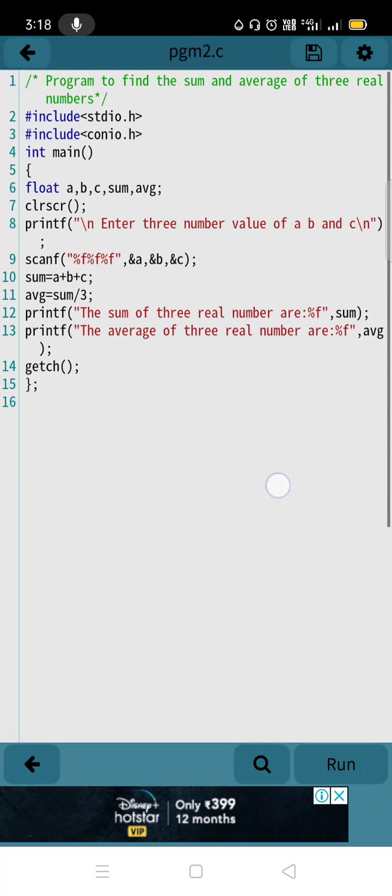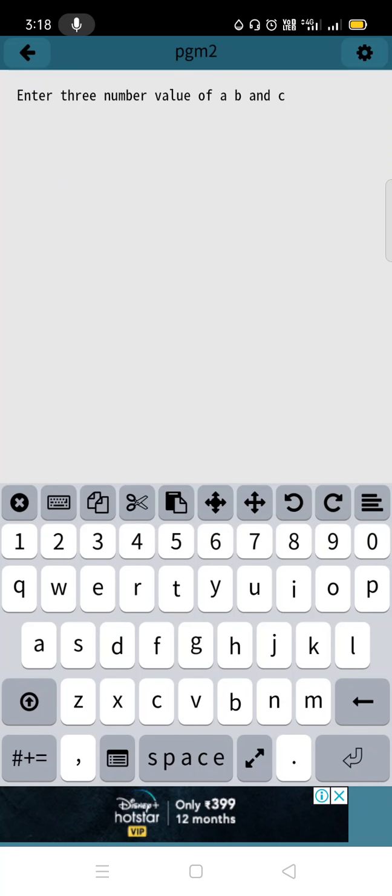After typing this program, you have to save it, and then run the program. When you run it, the first line that comes is: enter three number values of a, b and c.